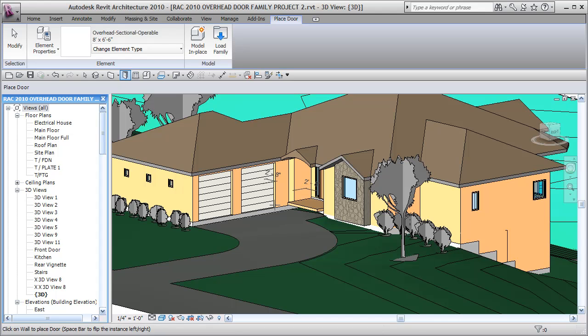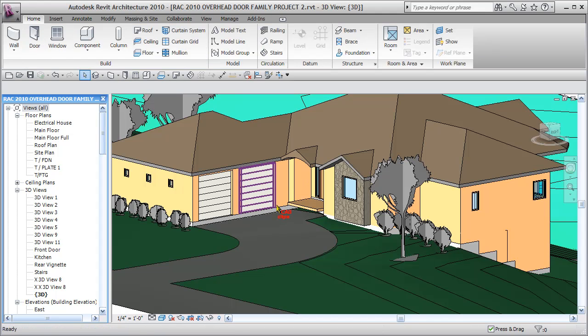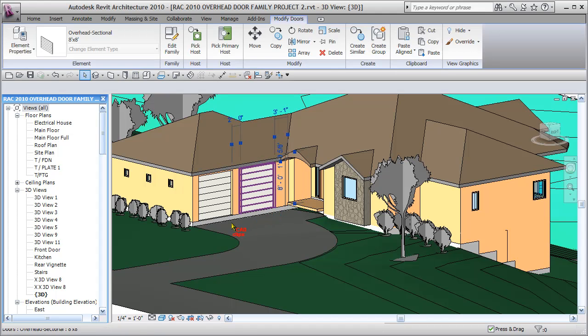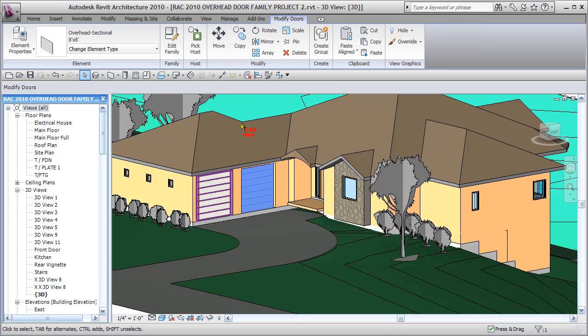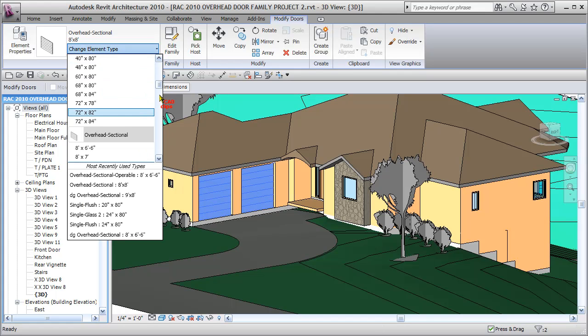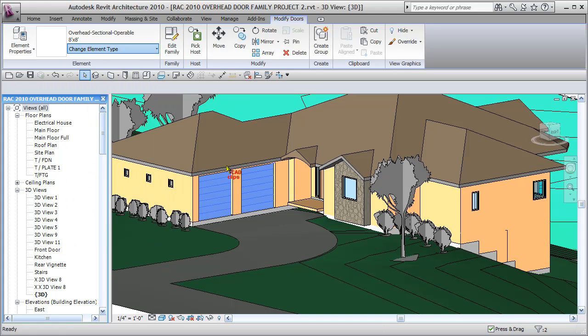And now we're back. And now what I'm going to do, because I renamed it, is grab these two guys, both, and change them to be my overhead section operable right here and 8x8. Okay, so now